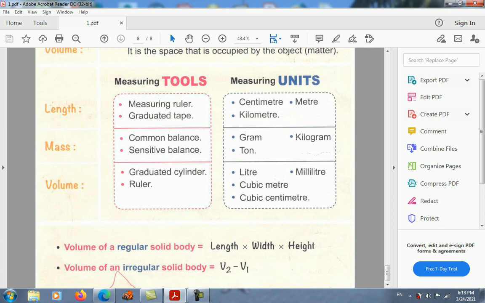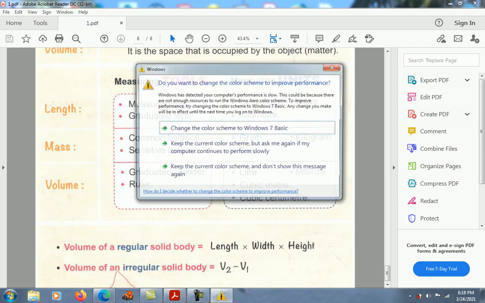Measuring tools and measuring units, points of comparison. So this is in case we want to compare between measuring tools and measuring units. The first point of comparison is the length. In case of tools, it's measuring ruler, graduated tape. In case of units, centimeter, meter, or kilometer. The second point of comparison is mass. Concerning tools, it's common balance or sensitive balance. Talking about units, it's gram, kilogram,